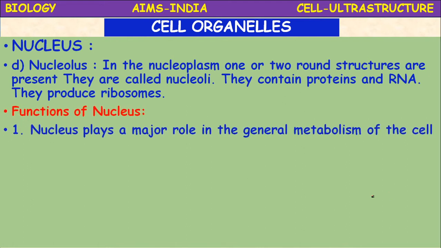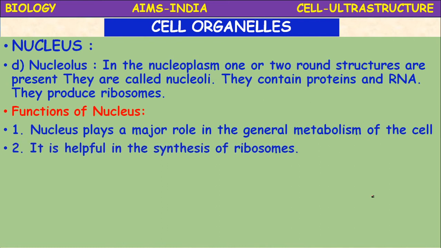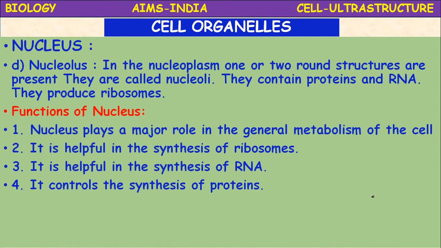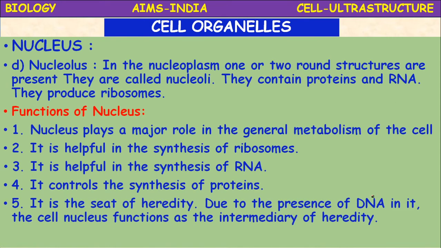The functions of the nucleus: the nucleus plays a major role in the general metabolism of the cell, and it is helpful in the synthesis of ribosomes. It is also helpful in the synthesis of RNA. It controls the synthesis of proteins. It is the seat of heredity due to the presence of DNA, which is the genetic material. The cell nucleus functions as the intermediary of heredity,